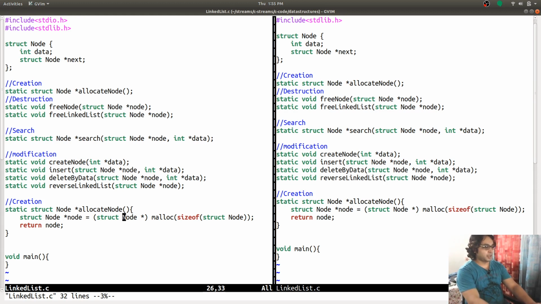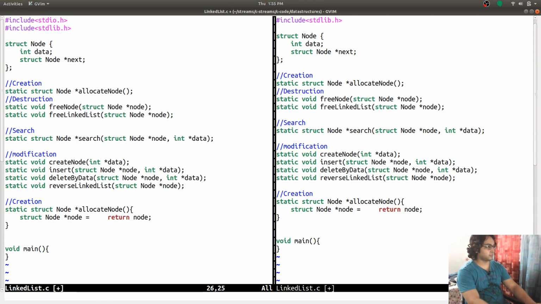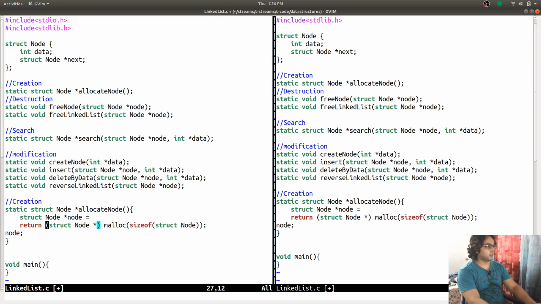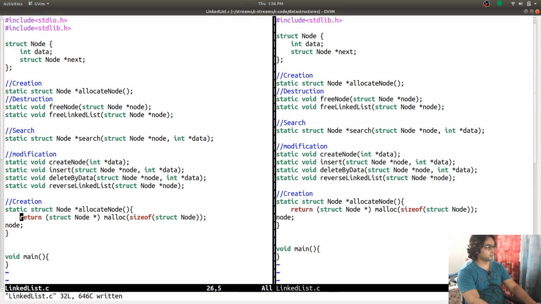And I can just go back and go here. I really don't need to assign it to any local variable, and can just return it from here. That is there, and after that comes the destruction part.